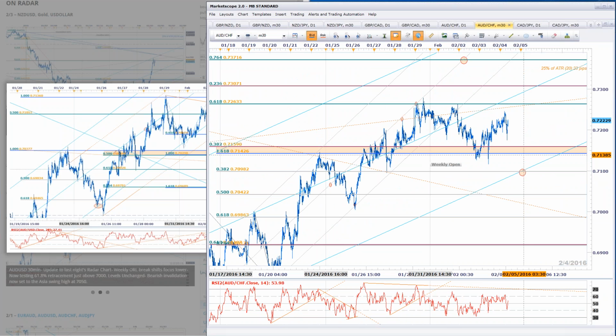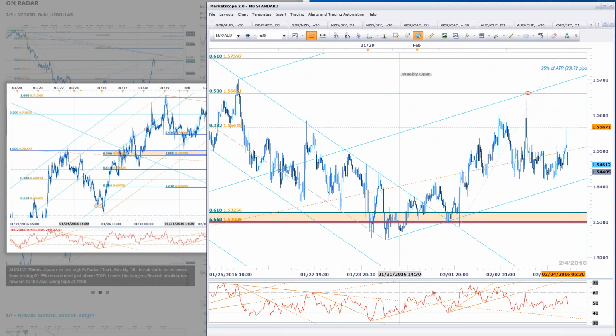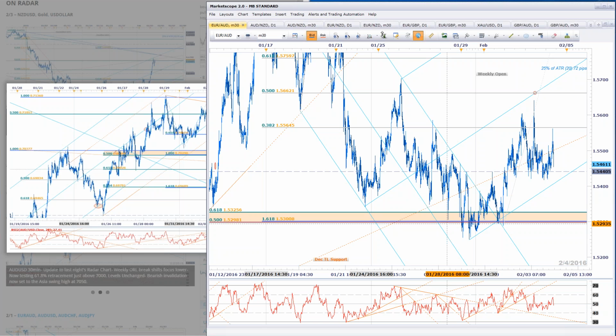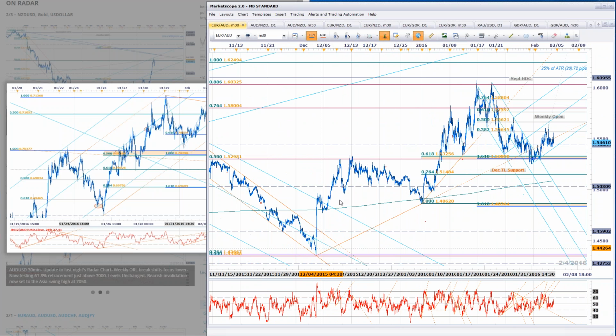Euro Aussie still respecting levels and giving great opportunity, says Mario. Absolutely, man. Euro Aussie's been the trade I've been in most often this whole week. All told, I took so many round trips on this. So here's the one thing I didn't like about yesterday's price action on Euro Aus. I didn't like the fact that we're kind of sailing through this trend line, and I'm thinking about getting rid of it. This December trend line off the lows. It's better seen on the daily chart